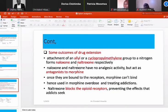Also, here are a few of the outcomes that resulted from drug extension. After the attachment of an allyl group and a cyclopropylmethylene group, they came up with two drugs, which are naloxone and naltrexone. I'm sure some of you might have come across these two drugs. With the addition of an allyl group at the nitrogen atom, they formed naloxone. And the addition of a cyclopropylmethylene group on the nitrogen atom gave naltrexone. The interesting thing was that after addition of these two separate groups, the two drugs formed were actually antagonists to morphine,